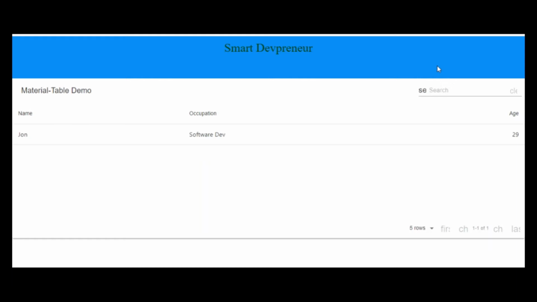Welcome to this intro to Material Table for React. What I'm going to do today is discuss the docs for Material Table and do some of the examples from the docs, talk about some of the challenges that I faced, and also just some of the benefits of Material